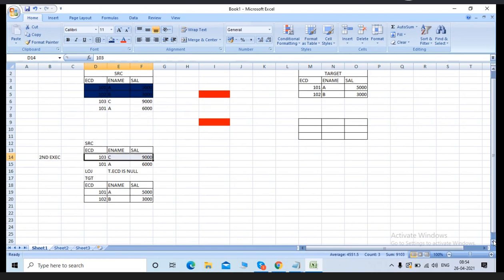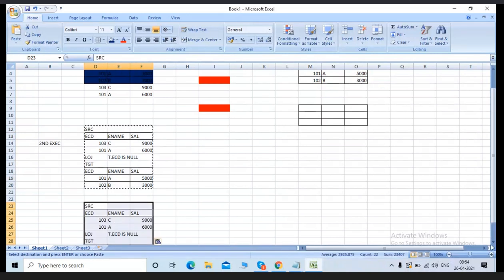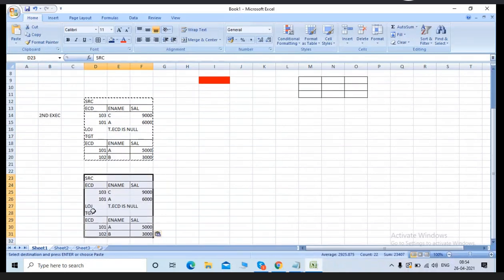What about the second operation? I will do the same logic vice versa: target left outer join source, where the source primary key is null. Alright. Then, for example, if I'm using the right outer join logic,